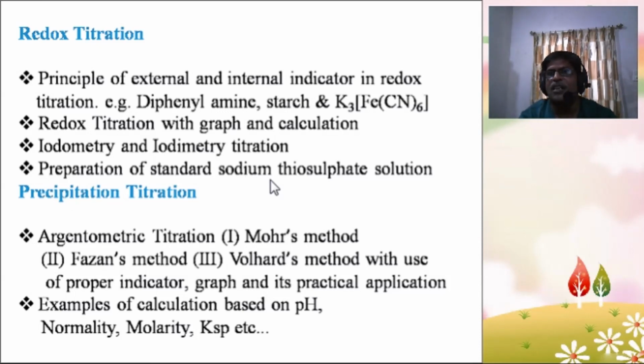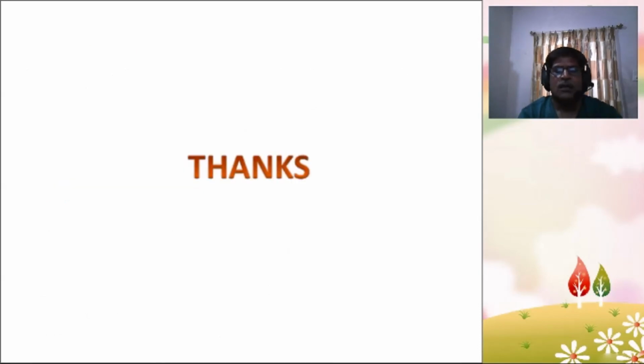Another topic of this chapter is precipitation titration, argentometric titration: first Mohr's method, Fajans method, Volhard's method, which use proper indicators, graph and its practical application. Example of calculation based on pH, normality, molarity, Ksp. On completion of this course,